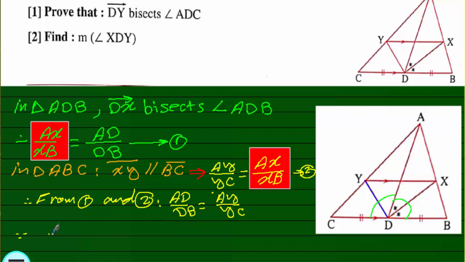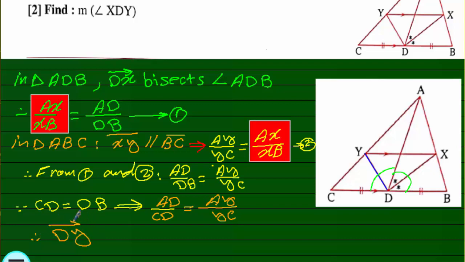So you can substitute DB by CD, and we write AD over CD equals AY over YC. So according to the theorem, we can deduce that